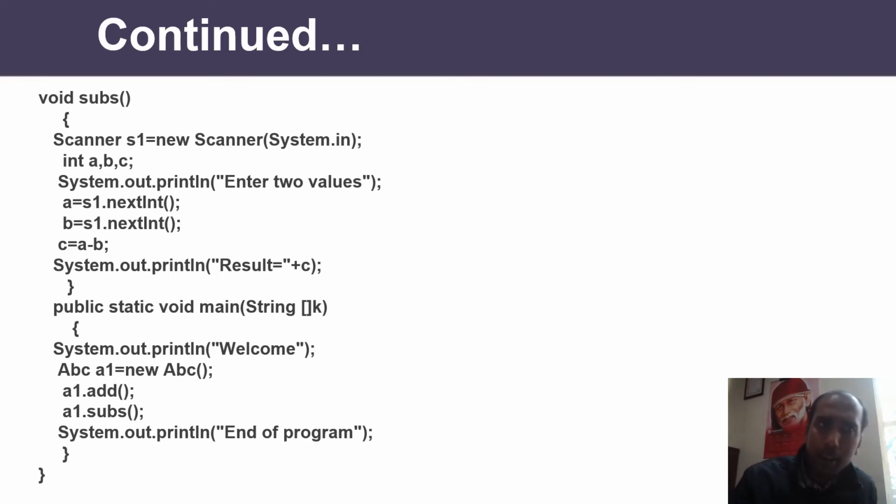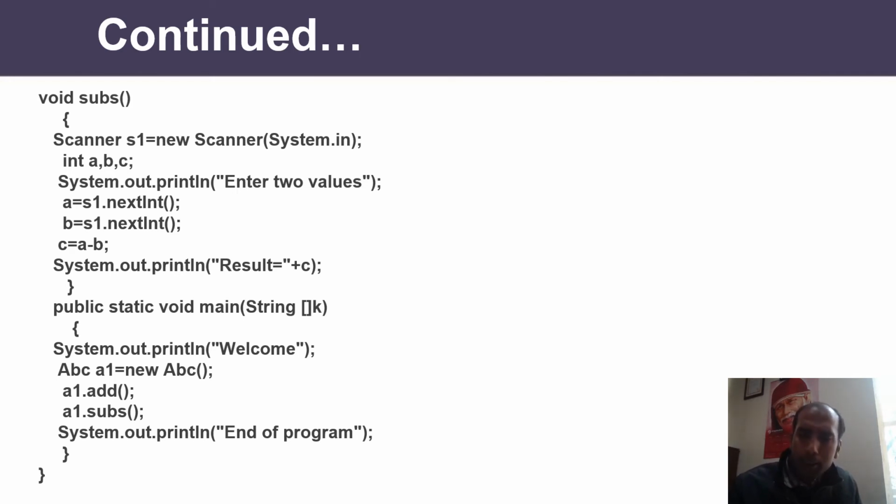Now there is one thing which is coming to my mind. Let's suppose I have created 2 methods, add and subtract. In both methods, I need 3 variables A, B, C. So can I define them in the class scope? That is known as an instance variable. If you create an instance variable, you do not need to create the variables in every method again. That instance variable can be accessed in any method of the class.